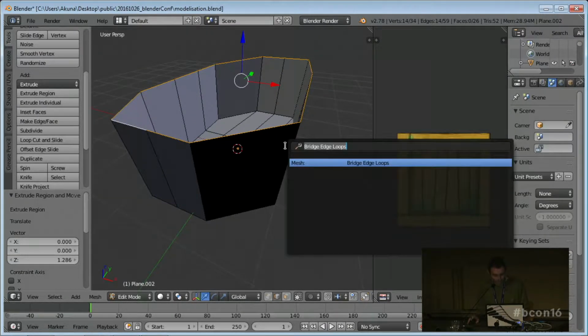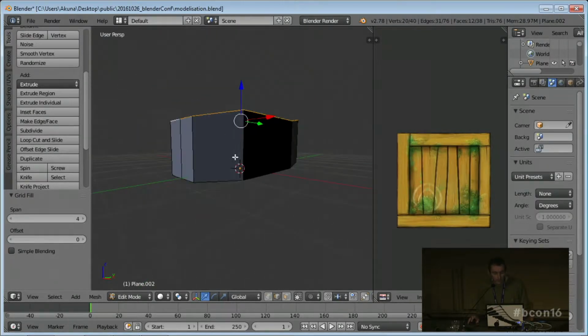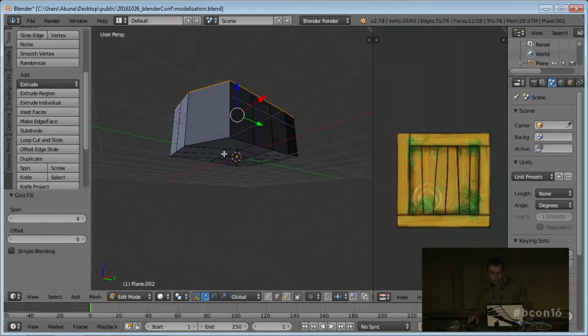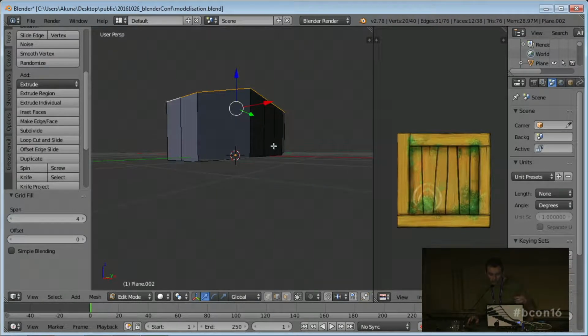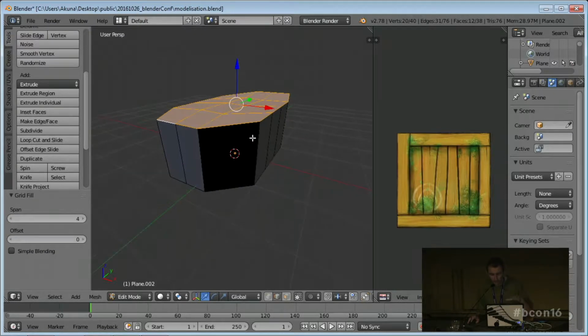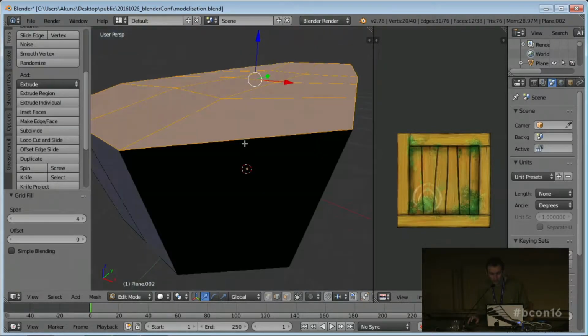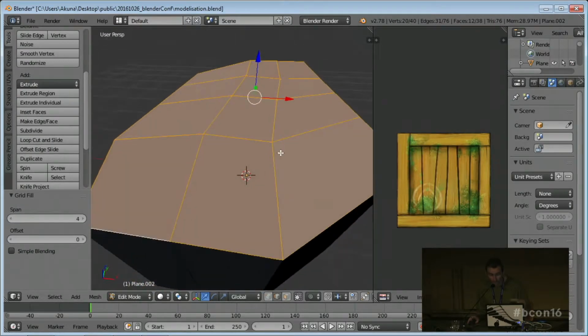A quick way to do this is to use the grid fill, which in this case is a bit useless because I could have extruded the base floor, but sometimes you start from a corridor you already have and there are things happening all around with holes and all that stuff. So if you simply want to fill up a cap on the top of some kind of weird tubular things, the grid fill is kind of handy because it creates some kind of cool topology,